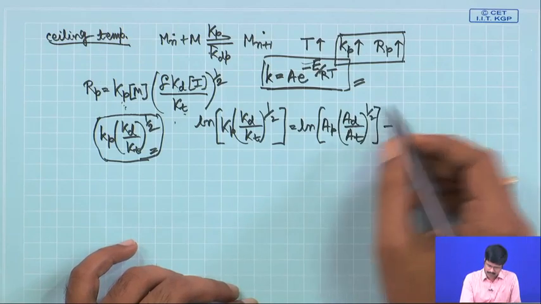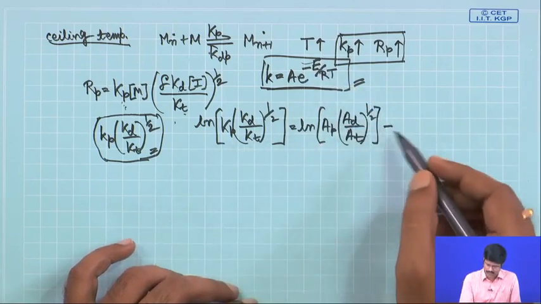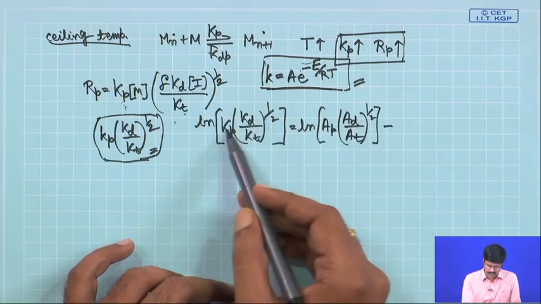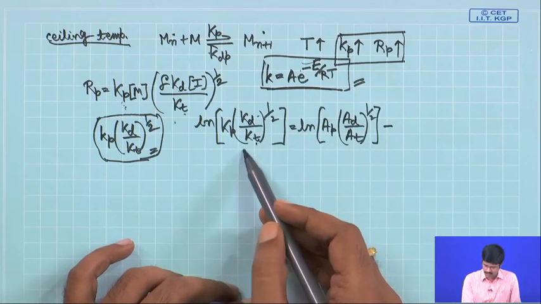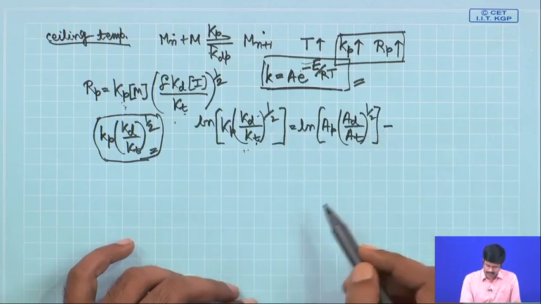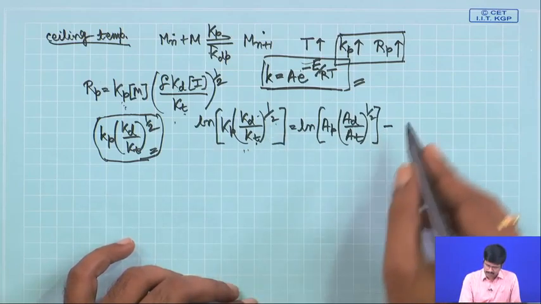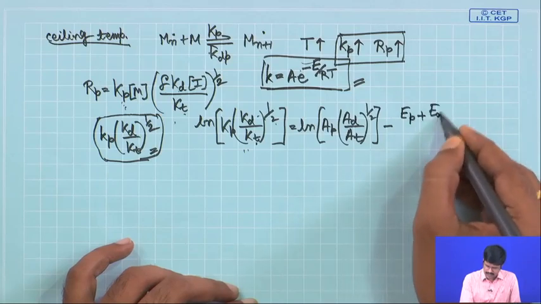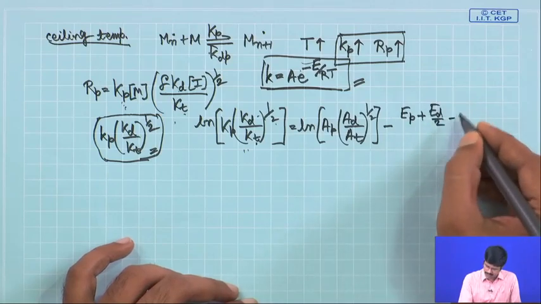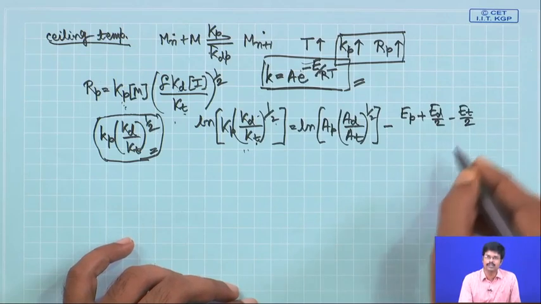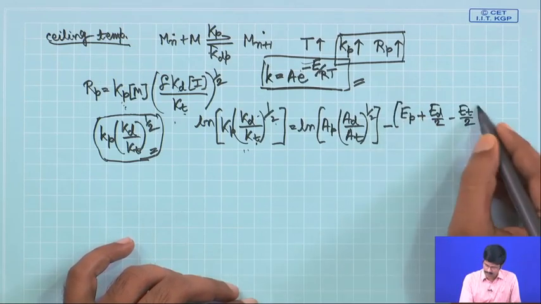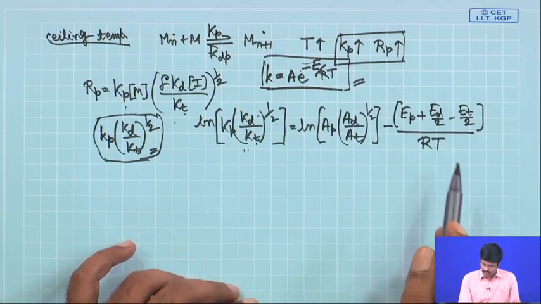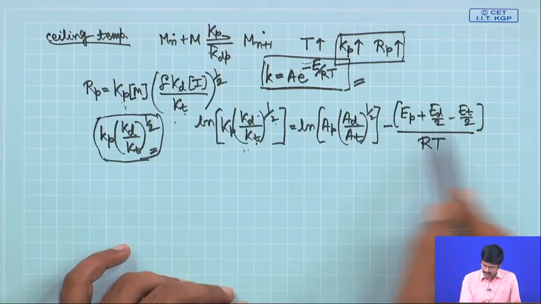minus E by RT, because you have taken ln on both sides. That E will be the summation of all of them, but these two terms are on the top and this term is at the bottom, so this will be negative, and there is a half here. So, it will be Ep plus Ed divided by 2 minus Et divided by 2, divided by RT. This will be the composite activation energy,